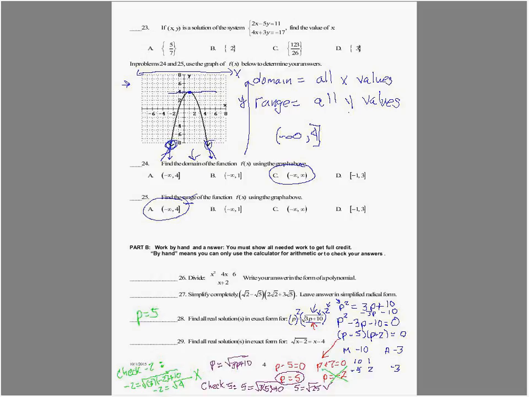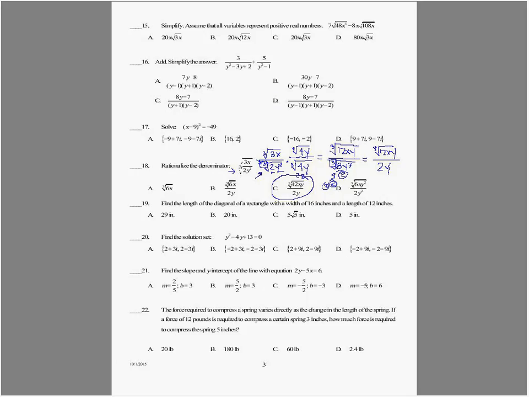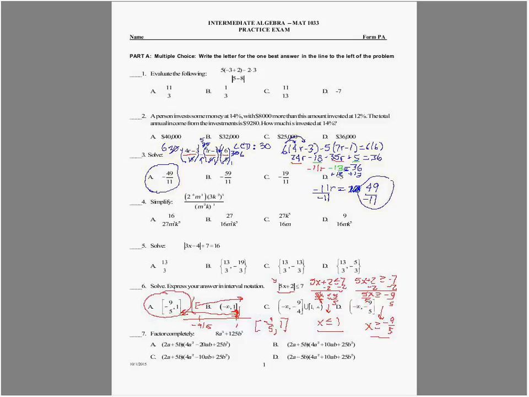Okay, questions on that problem? The last step is very important. If you had written P equals 5 and P equals negative 2, you maybe would have gotten half credit, but you definitely wouldn't have gotten the problem exactly right. Okay, that was 28. Now for number 4, so back to the first page. Number 4.